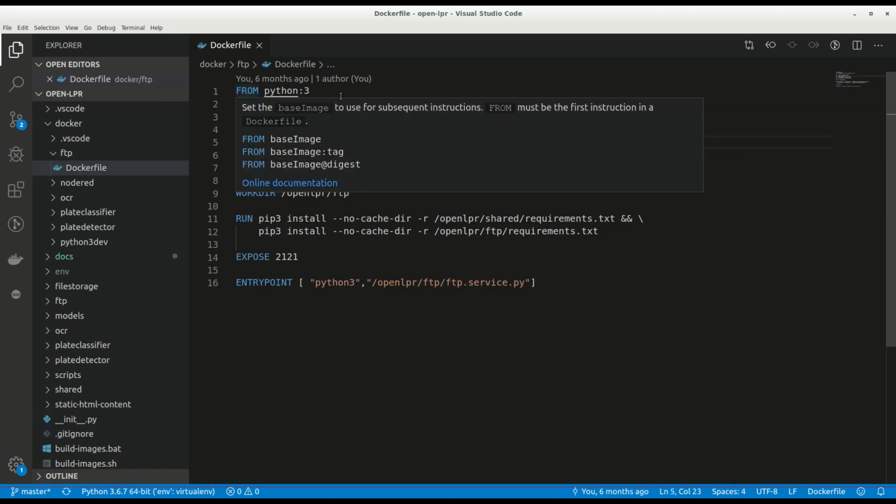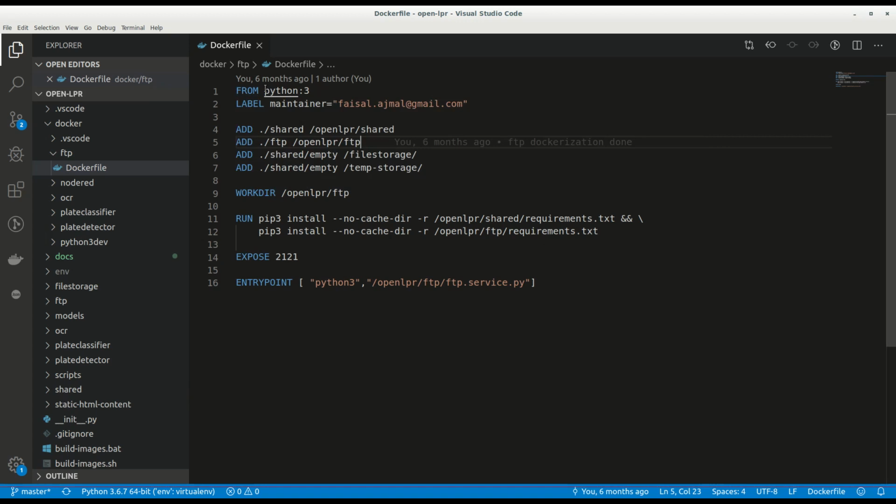I am telling Docker to start from a Python 3 base image, and I'm telling it to add files from these locations onto the destination file system. And I'm then telling it that whenever we start a process in this container, the working directory is going to be this one. Finally, I'm installing some dependencies as part of the file we've already added before,